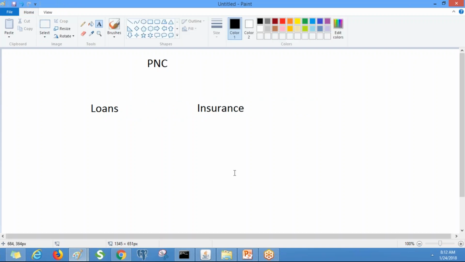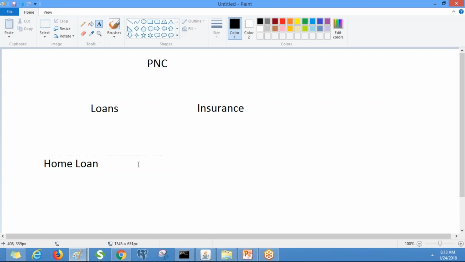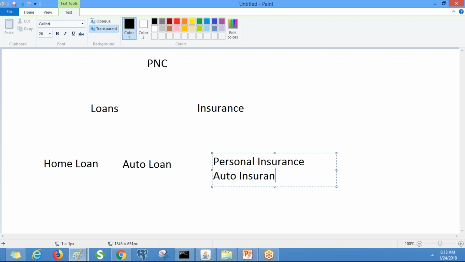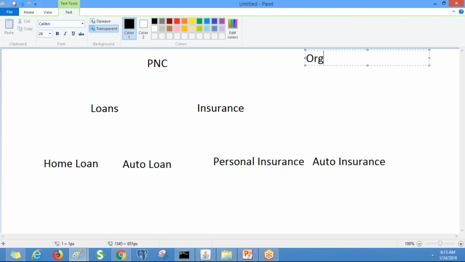Under these divisions you can have multiple units, like home loan and auto loan under loans, and personal insurance and auto insurance under insurance. So this is the organization, these are the divisions, and these are the units.